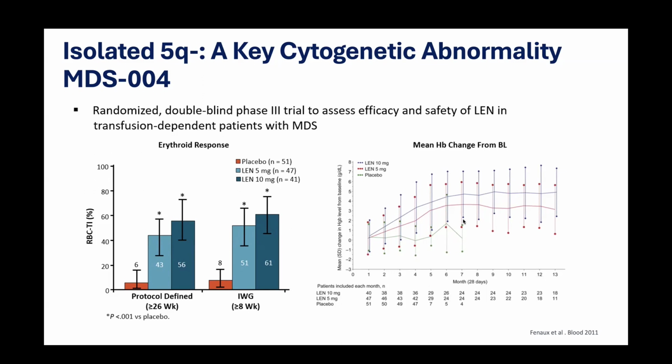But for people who had this abnormality, reaching red blood cell transfusion independence, which is frequently our goal, trying to minimize transfusions, which can be very burdensome for patients. In the trial, they looked at people who were free of transfusions for over 26 weeks. And depending on the dose, about 50% of the patients were basically freed for that amount of time. And the responses lasted a long time too, like a couple of years for many patients. So this can be a really effective therapy in this one subset of patients who have the 5q minus abnormality, but not very robust for those who don't. And that's why knowing these kind of tests is really important so you can choose the right kind of drug for your patient.